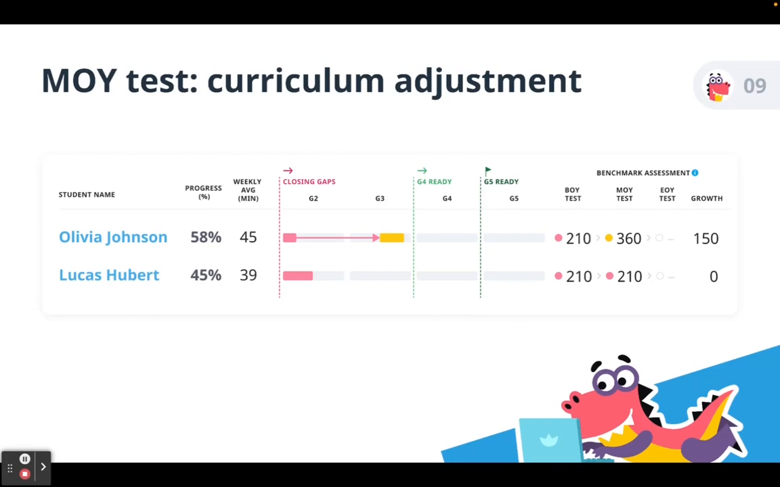As we see on the slide, I have a student, Olivia. During the mid-year assessment, she was placed in the early stages of second grade. However, based on her test performance, her curriculum placement was adjusted to a mid-third grade level. It was evident that she had already mastered certain topics as indicated by the test results, leading to the closure